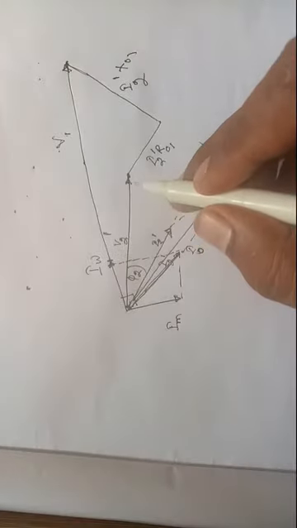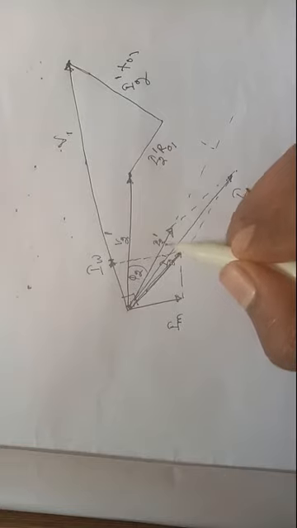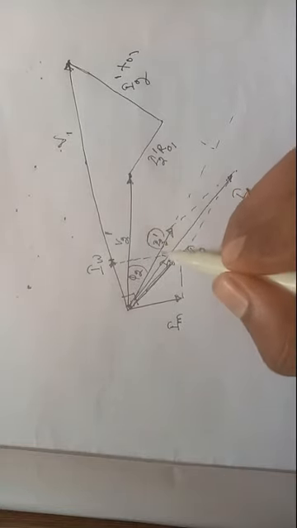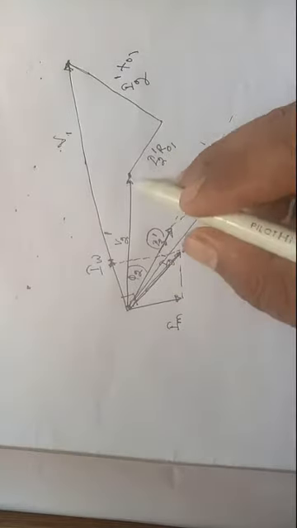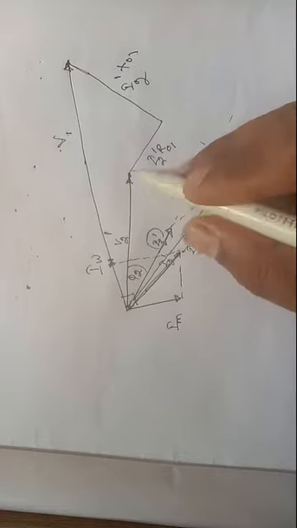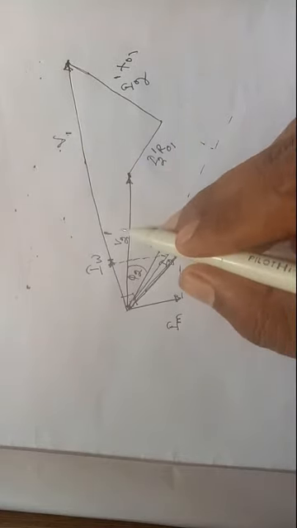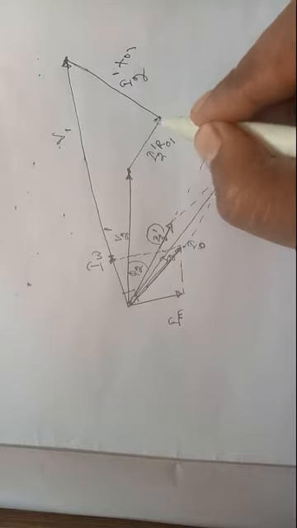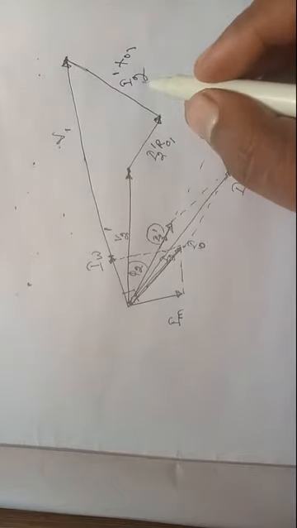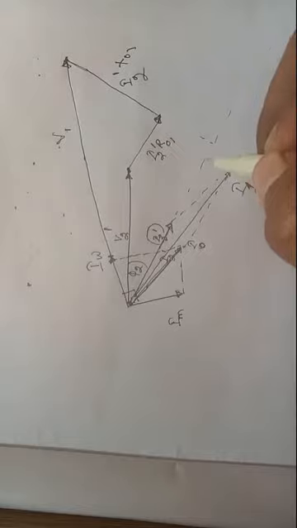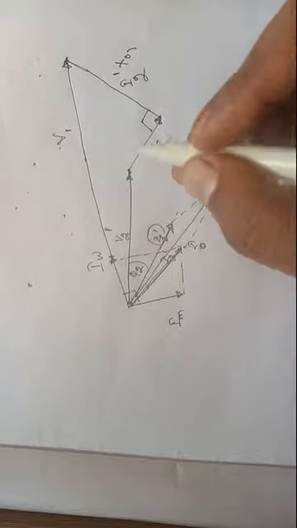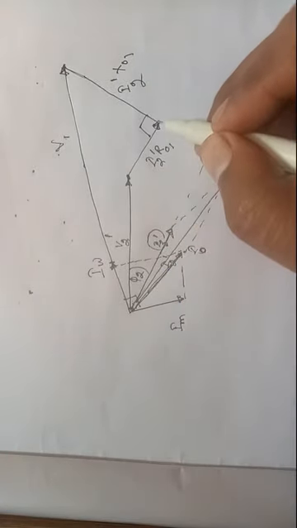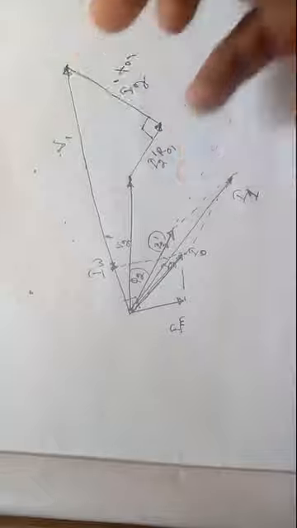Once again I am telling you the phasor diagram. V2 dash is taken as the reference. This one is your I2 dash current. This phasor I2 dash lags the voltage by an angle phi 2. Now I2 dash R01 is parallel with I2 dash, and it starts at the end of V2 dash. This is the end of I2 dash R01. Now from this point I2 dash X01 leads the current by an angle of 90 degrees. The sum of V2 dash, I2 dash R01 and I2 dash X01 is equal to V1.